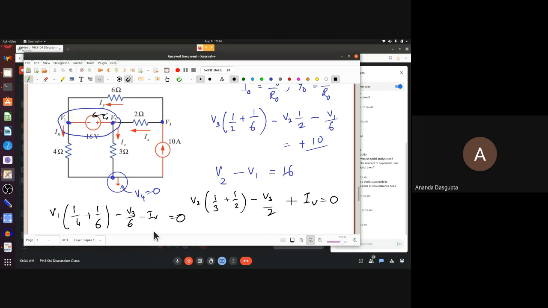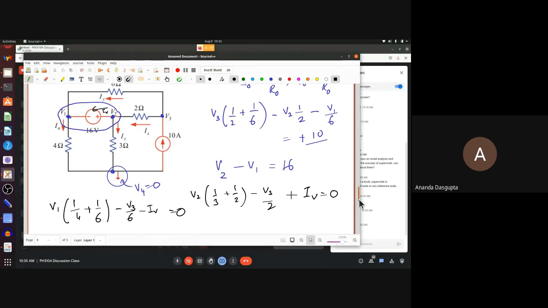Right? So I get V2 into 1/3 plus 1/2, plus V1 into 1/4 plus 1/6, minus V3 into 1/6 plus 1/2, equals 0. And that I guess would be exactly what you would call the supernode. If you take this general region together as a single node and try to use current flowing in equal to current flowing out, or net current flowing in is 0, you would actually get this equation: V2 into 1/3 plus 1/2 from this, V1 into 1/4 plus 1/6 from this, minus V3 by 2 from this, minus V3 by 6 from this equals 0. So directly write down that equation.